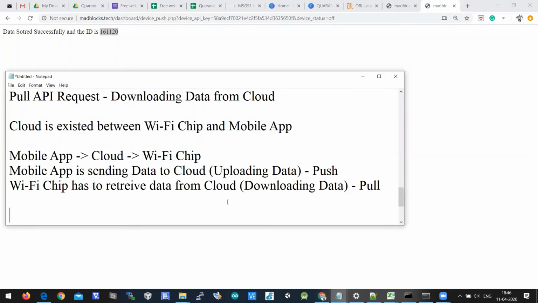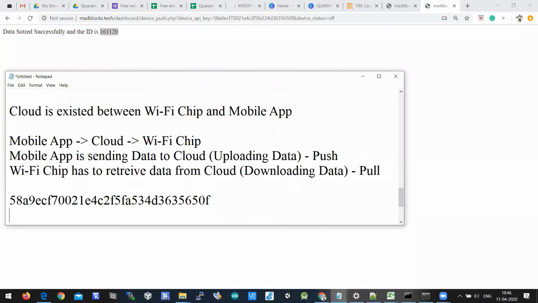I'll copy the API key of the device and store it in this place. This is the API key of the device, which is generated by the cloud.